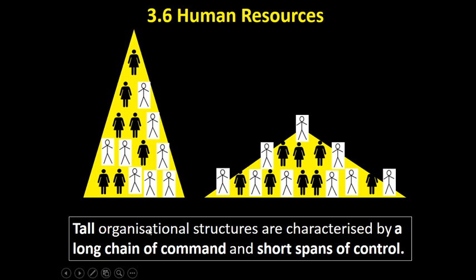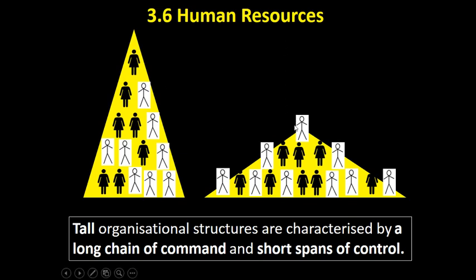I defined the terms chain of command and span of control in the last video. So the chain of command is the number of layers in the hierarchy. Okay, so there's a rough chain of command going down here with this person at the top, and orders can be passed until they get to the bottom of the organisation. Now, a tall structure has quite a long chain of command. There's quite a lot of layers in this hierarchy, but there are short spans of control. So each manager isn't in charge of many people,